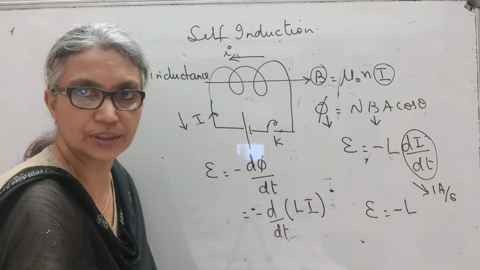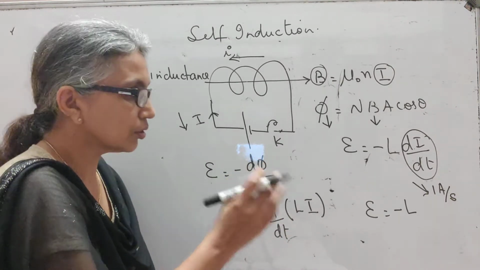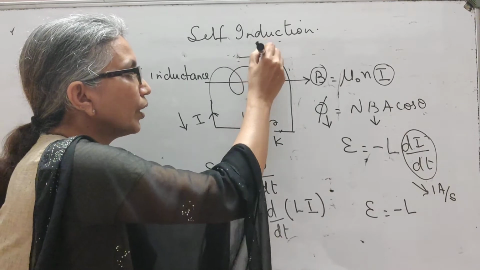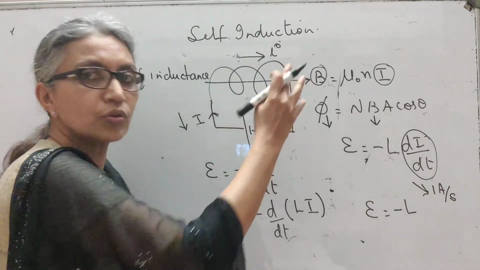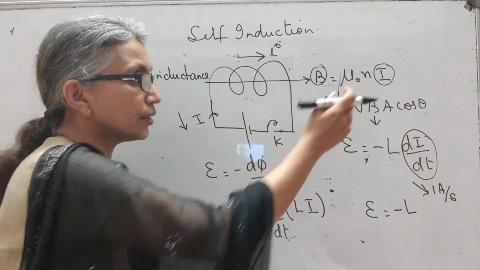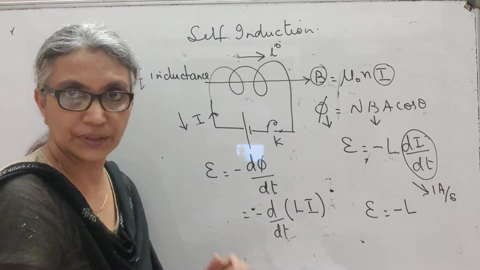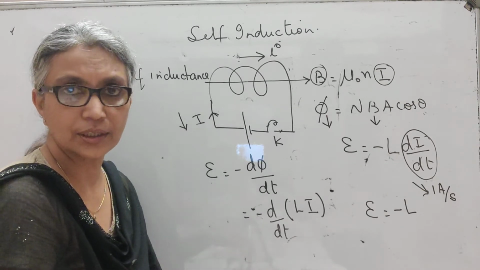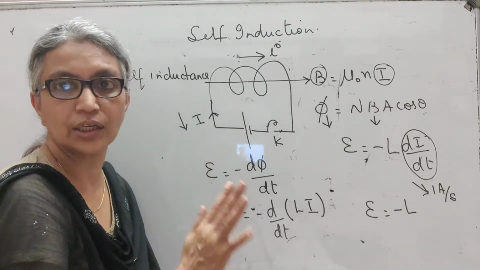The flux through the coil is reducing. So Lenz's law says, now the induced current must try to increase the flux. If the induced current must try to increase the flux, then it must flow in the same direction as the main current. If the main current is in this direction, induced current must also take the same direction, so that the net current will add up and it will increase. And as the net current increases, the flux through the coil also will increase. So please remember, this is called the inertia of electricity, because this induced current is always opposing the growth or decay of current in the circuit.